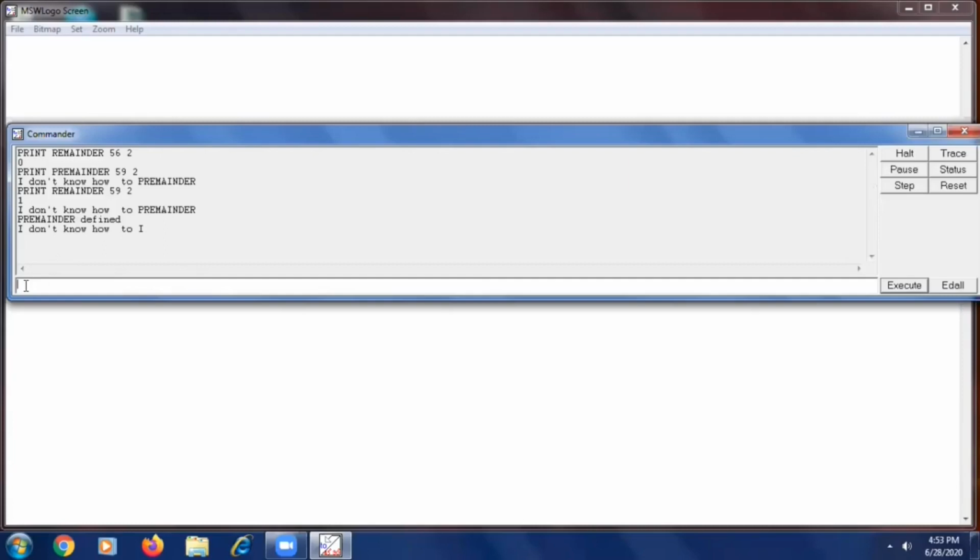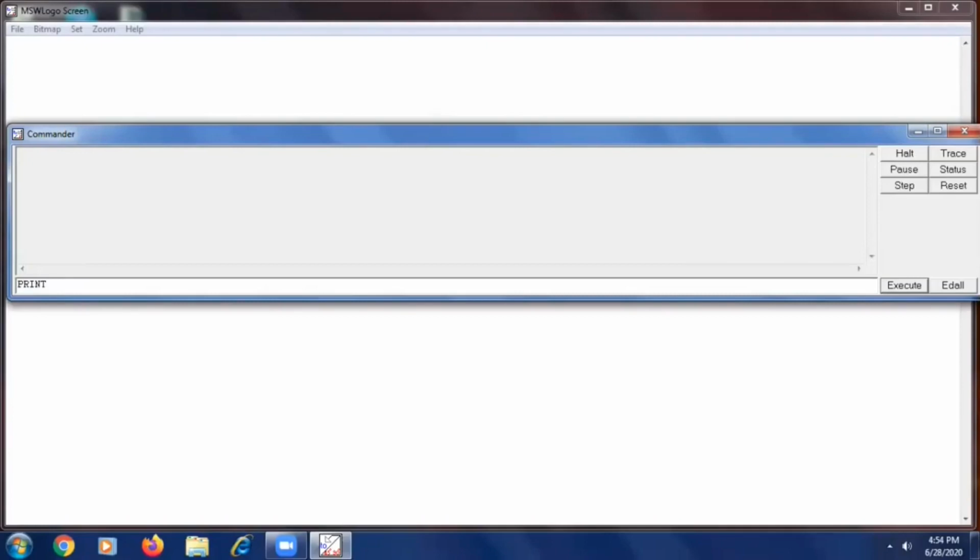Now I want to show you something else. I want to display text along with the print command. The label command is used to display text on the main screen, but here we are not displaying text that way.